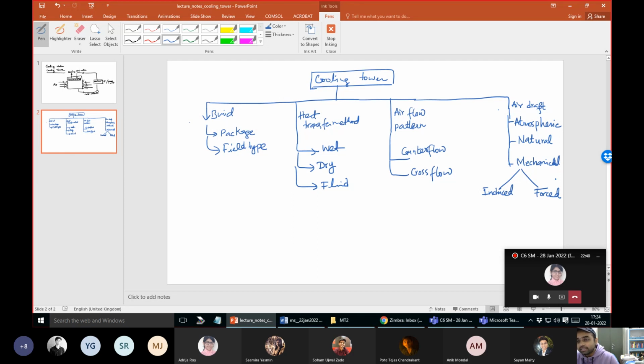When you use this cooling water in the heat exchanger, its temperature will rise by 10, 12, or 15 degrees. Then how to reduce it? That water cannot be cooled again in the heat exchanger, because the heat exchanger needs the cooling water. So this entire topic on cooling towers is to come up with a system where you can cool your water for use in heat exchangers. These cooling waters are used in process industries in the heat exchangers to cool hot fluids.